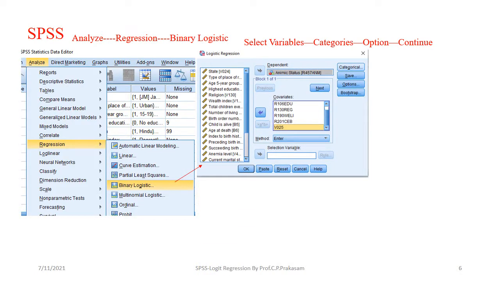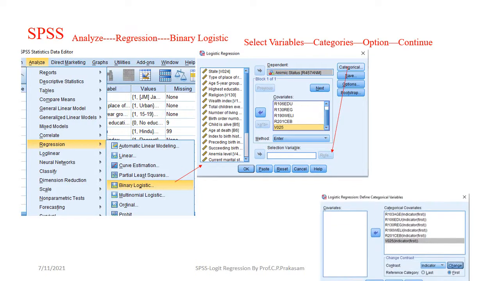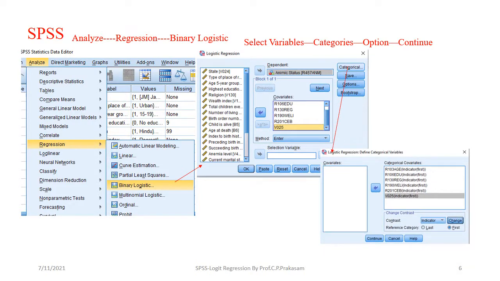Once you click it, click here for the selection of the variables. This will come, and then you transfer the anemic status as the dependent variable, and other recoded variables, R106 education and R130 religion, into the covariates.